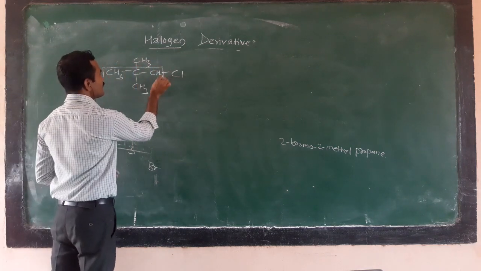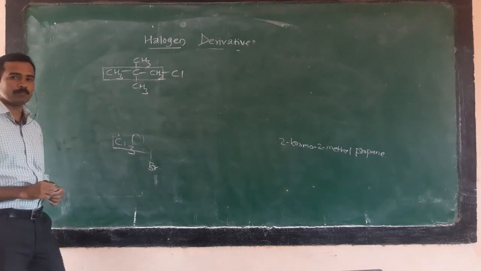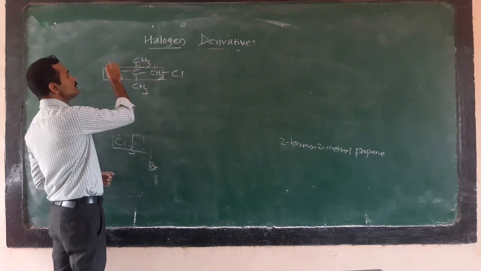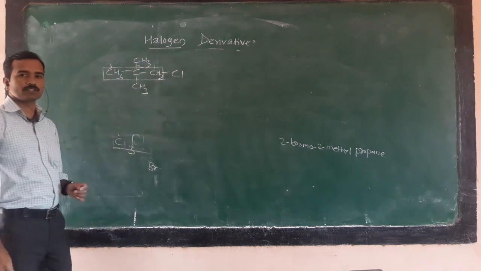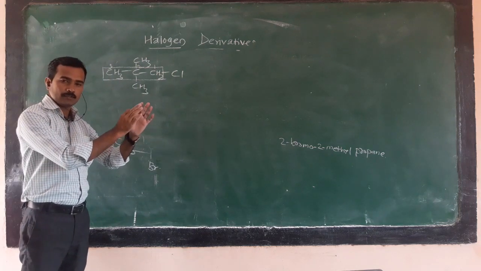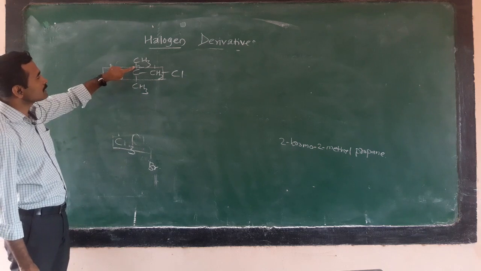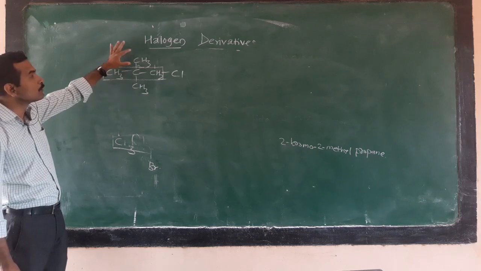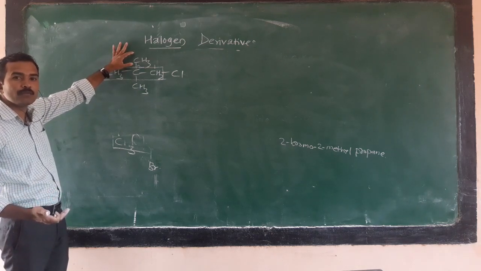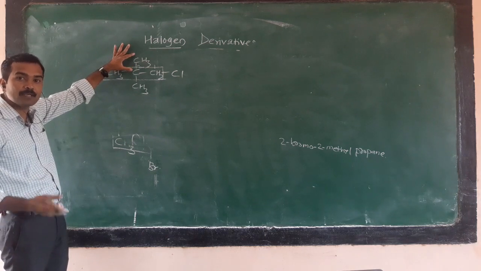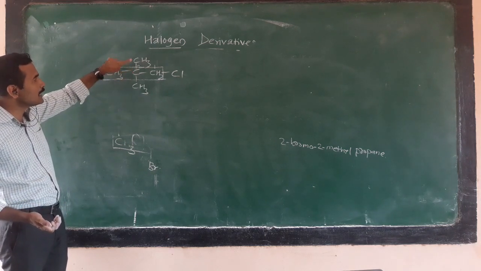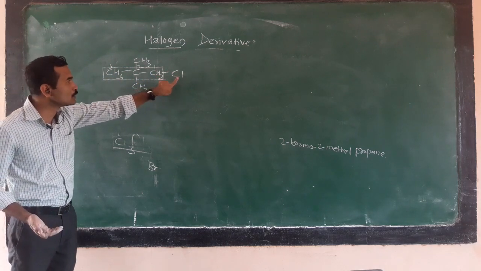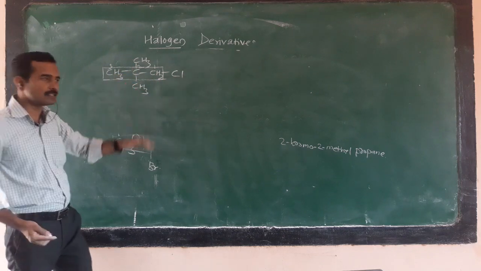So this is neopentyl chloride, and in the IUPAC system, what do we have to do? We select the longest chain, consisting of the maximum number of carbon atoms. Then numbering is done in such a way that the substituent has the minimum number. So 1, 2, and 3. How many carbons? 3 carbons. Which alkane? Propane. That is the parent suffix. And at this second carbon, there are 2 same alkyl groups, which are methyl. So they will form dimethyl. So dimethyl propane. And the halogen is chlorine. So 1-chloro-2,2-dimethyl propane. This is the IUPAC name.